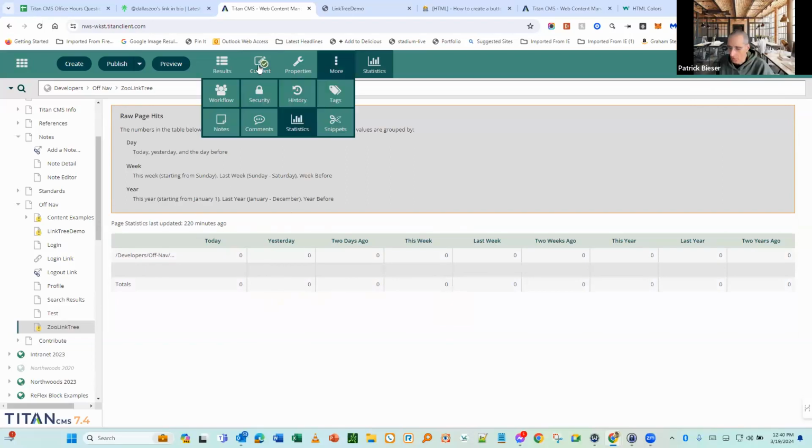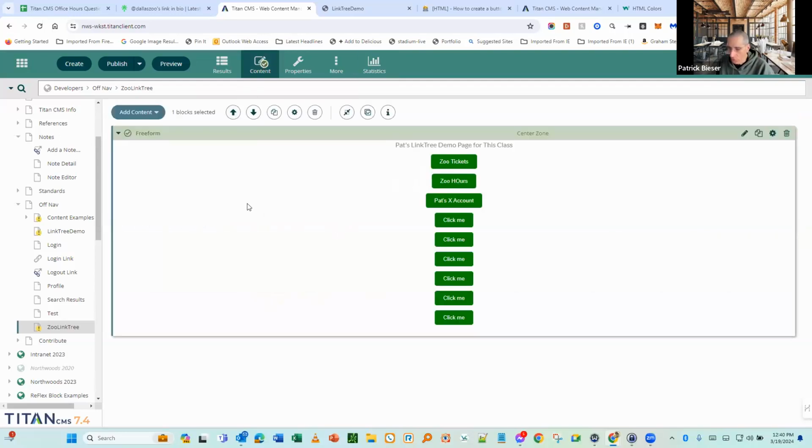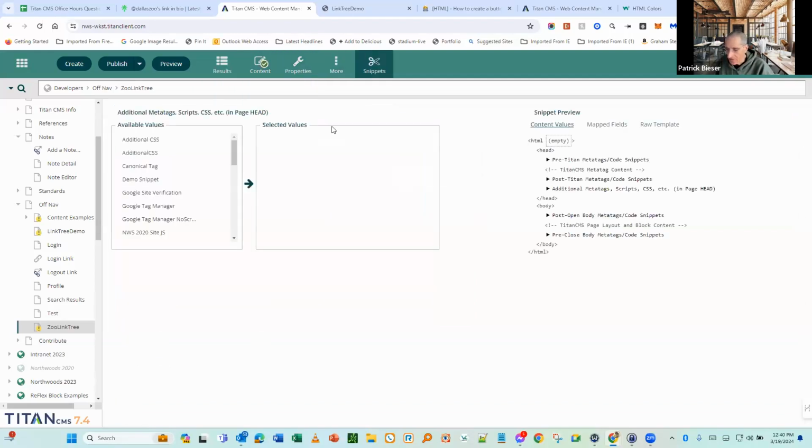So going back over here, if we wanted to do this more advanced, this would be a little bit more work for tracking the analytics. This is why Linktree gets $10 a month for doing this, because they have all of this ready to go and built in. Titan can do everything you're asking for, but you would add, under the snippets manager, a snippet called Google Tag Manager. You would assign